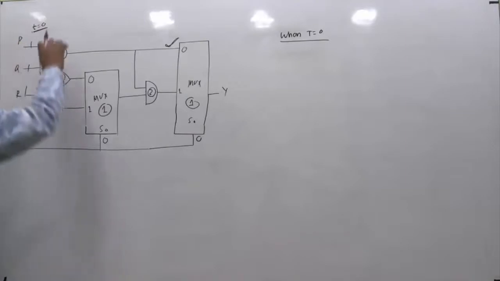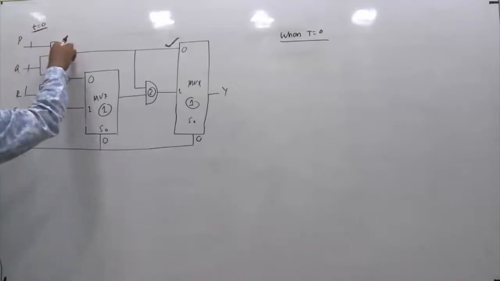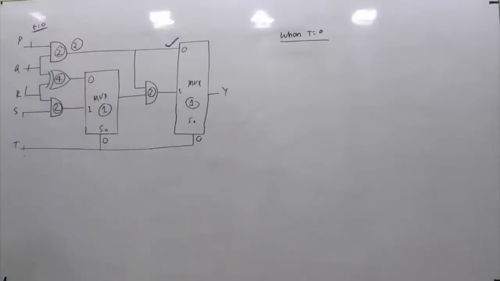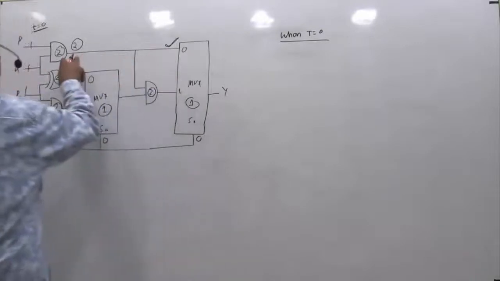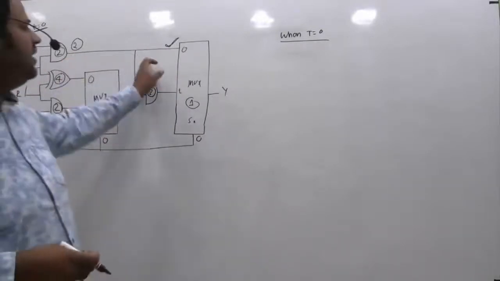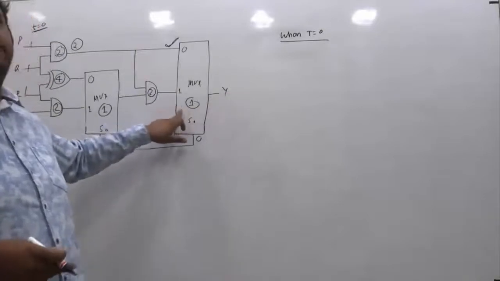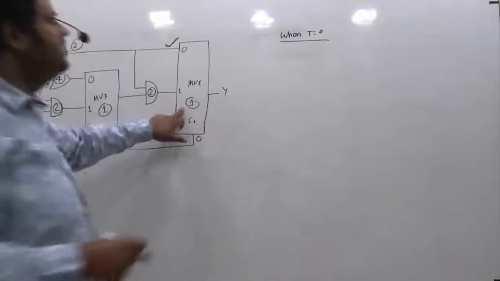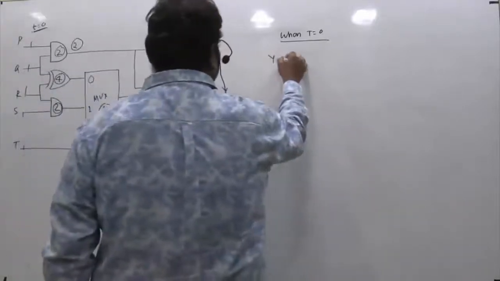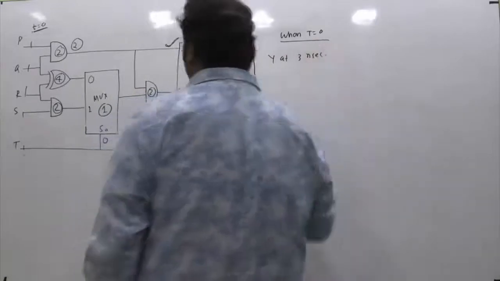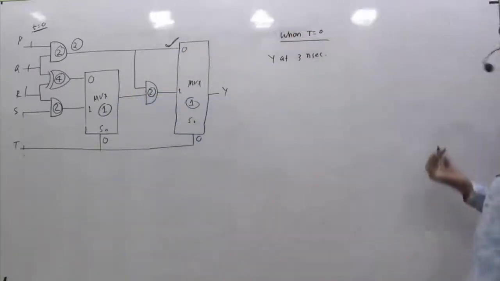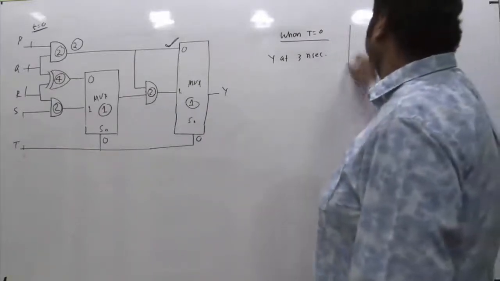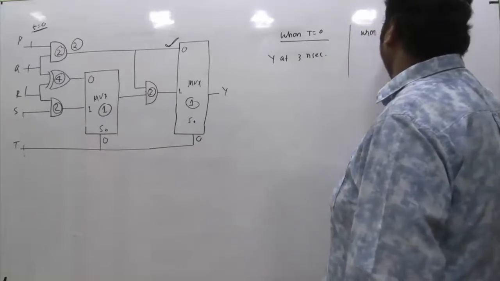So at T equals 0 the inputs are available, its own delay is 2 nanoseconds. So at what time will we get the output? That is 0 plus 2, at 2 nanoseconds you will get the output. So this is available to you at T equals 2 nanoseconds, and once you get it, the multiplexer will produce the output after its own delay of 1 nanosecond. So the input is available at 2 nanoseconds and its own delay is 1 nanosecond. So you will get y at how much? 3 nanoseconds. But the question is asking what is the maximum delay. So we shouldn't conclude at this case. We should also see the other possibility, that is what's going to happen when you take T equals 1.